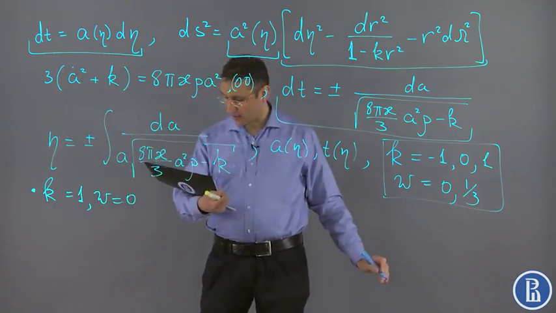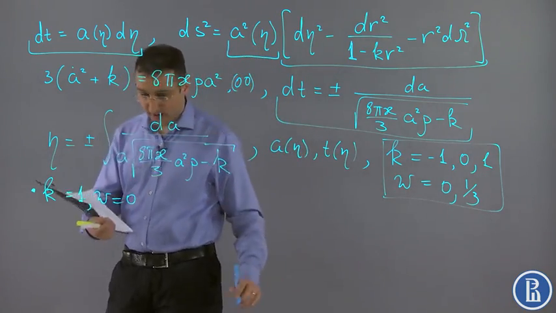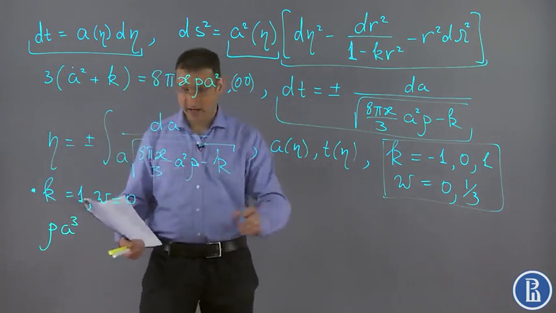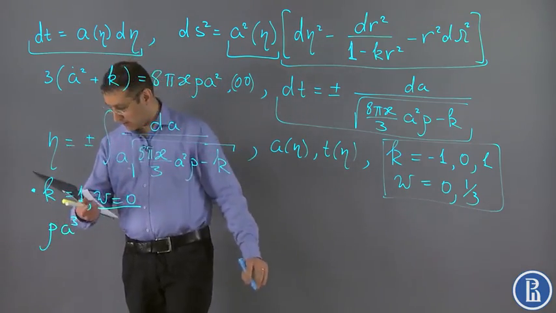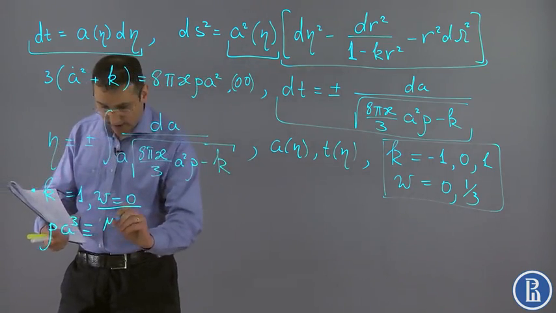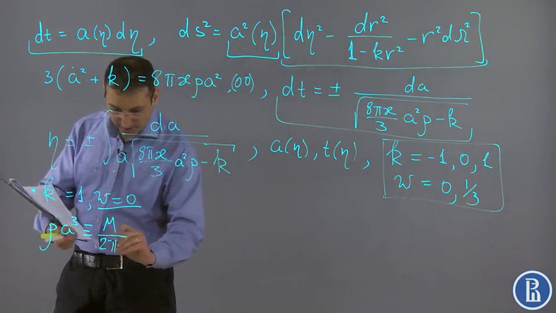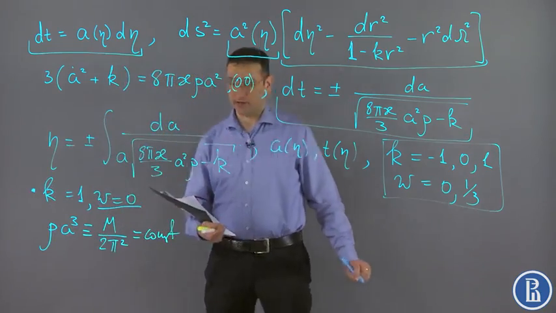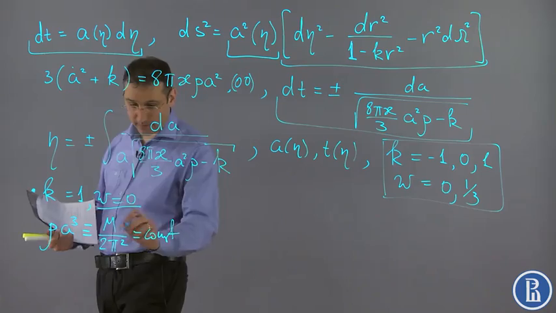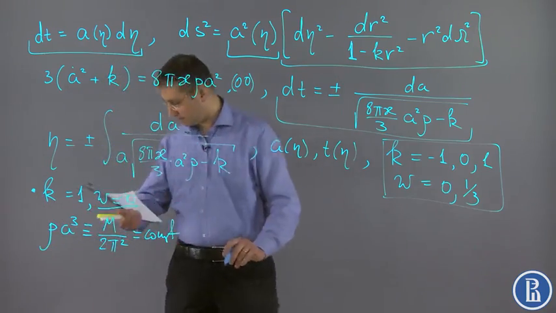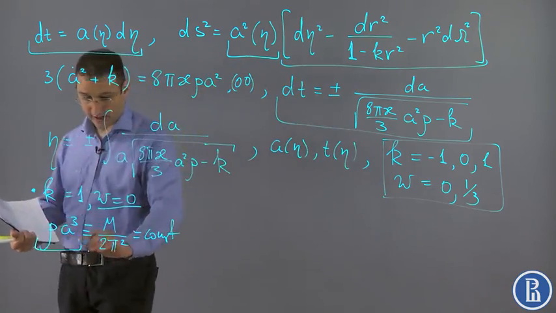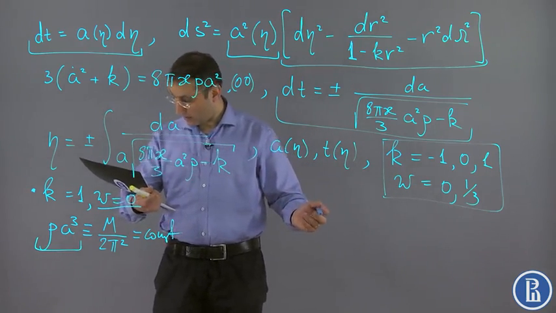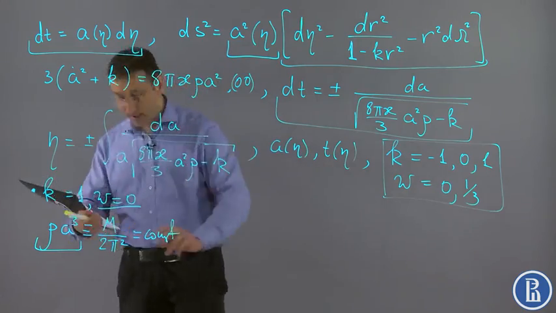This is the case actually we have encountered in the lecture on Oppenheimer-Snyder collapse. Then, from the fact that rho times a cubed is constant, as we remember for this situation, we denote this constant as m over 2 pi squared. We use here a bit different notation from the lecture on Oppenheimer-Snyder collapse. So to say, this m is the total mass of the universe, because this is related to the total mass, and it, so to say, remains constant through the evolution. So if we plug this into here,